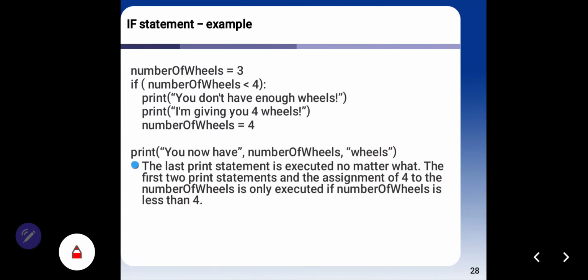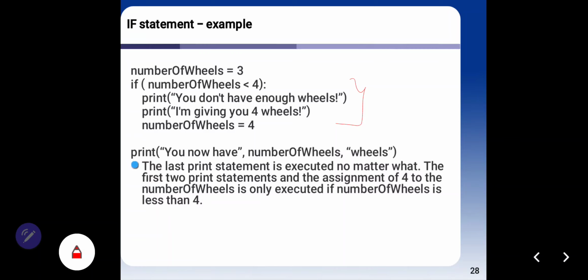If statement example. In here we have one block for the if statement Boolean. Number of wheels equals 3.